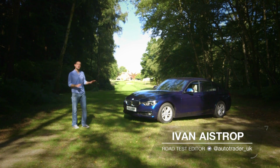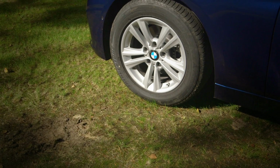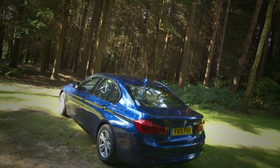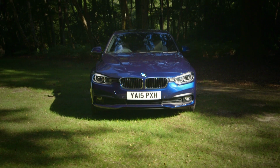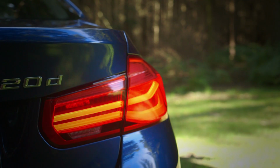Looking at it, you'd struggle to distinguish this 3 Series from most of the other versions over recent years. But at least that visual familiarity leaves you in no doubt that it's a 3, and for many buyers, that's important. Whichever version of the 3 Series you choose, you'll be getting alloy wheels, chrome exhaust tips, LED rear lights